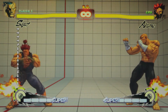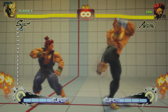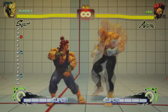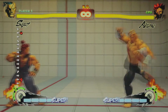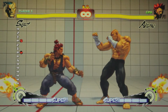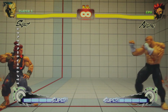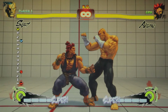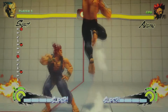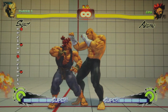I'm not really going to go over Kara Tiger Uppercut because there's nothing really to tell you apart from light kick, Tiger Uppercut, Kara, this one travels further than heavy kick, but heavy kick starts up faster. The majority of Sagat players will always use heavy kick, Kara, for an uppercut. They might use light kick for a knee because of the distance, but generally that's the one you want to use